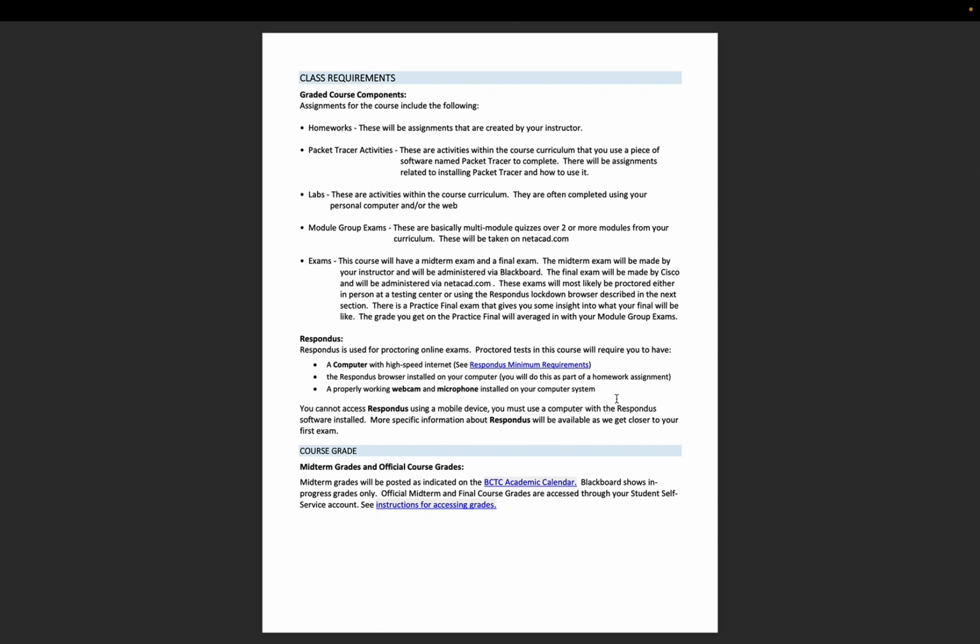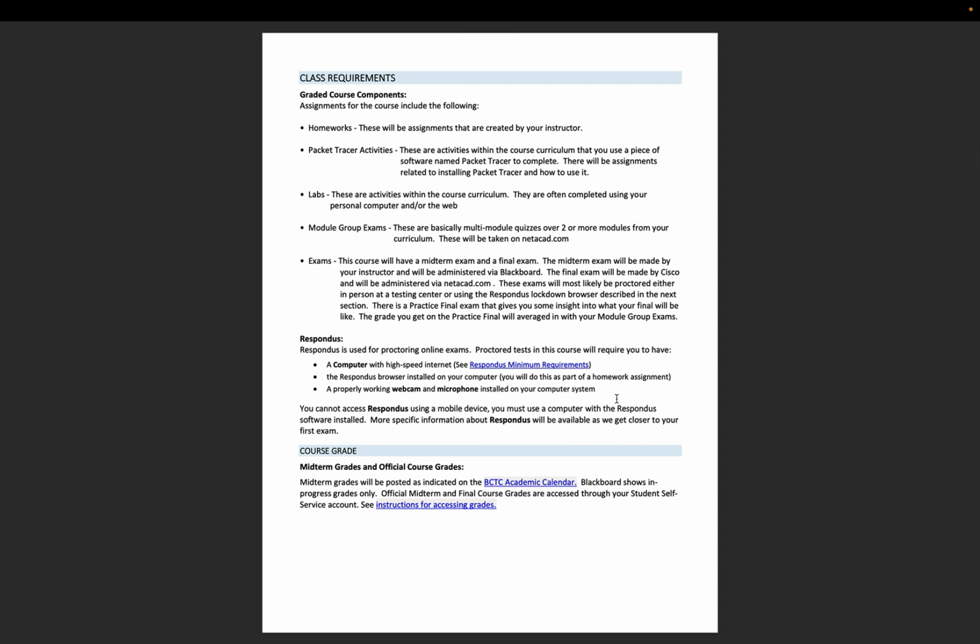You will have module group exams. When I first started teaching Cisco 15 or so years ago, every what I would call chapter was called a module, and after every module you had an exam. So you'd have like 15 exams or quizzes. I was really annoyed that they called them modules. After I had taught for 5 or 6 years, they changed it to chapter, and you had chapter exams after each chapter. And when this new curriculum came out 2 or 3 years ago, they went back to modules, and